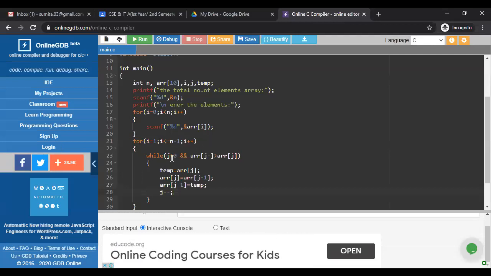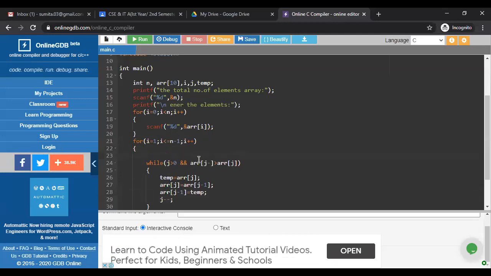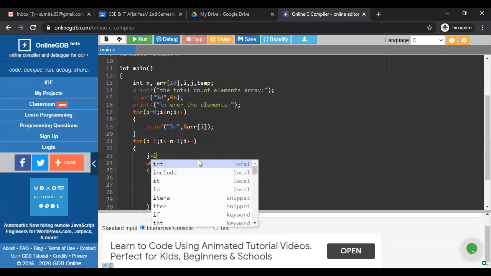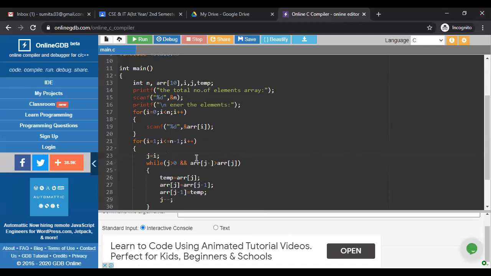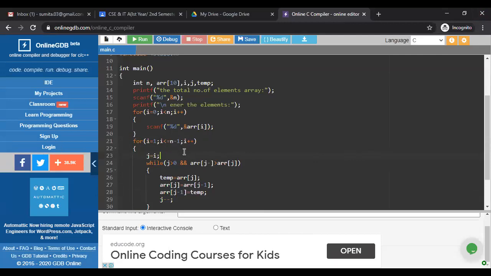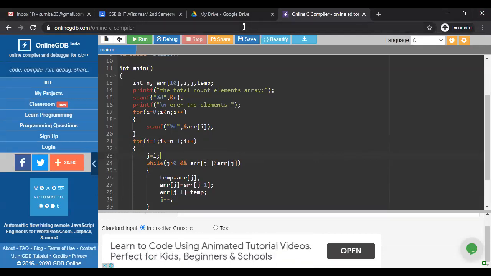It is fine. Now, j greater than 0. There is one more line I missed, so right here, j equals i. Now see, i equals 1, my loop is executed for the very first time, so I am in iteration 1. What is the j value?